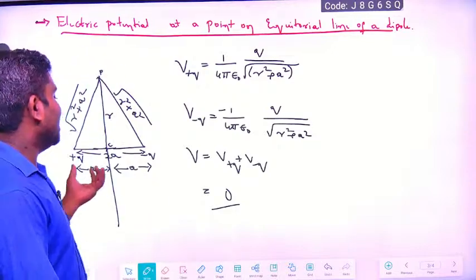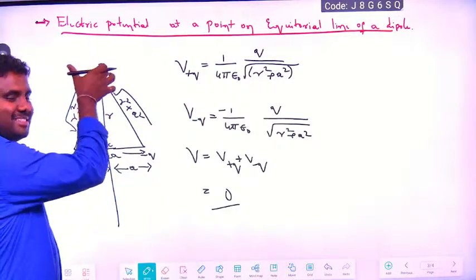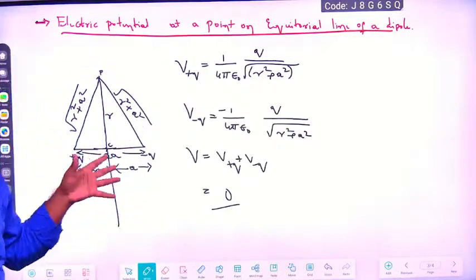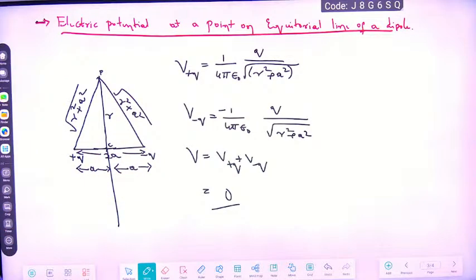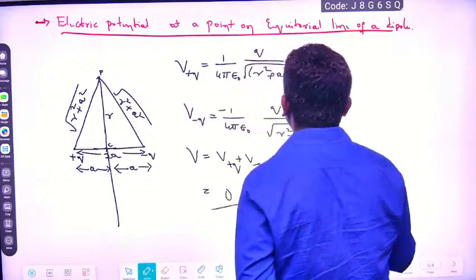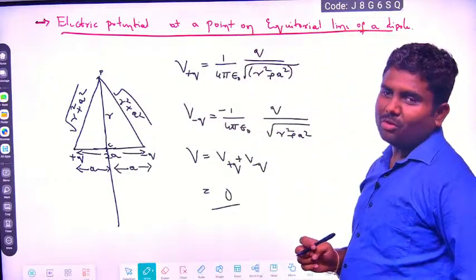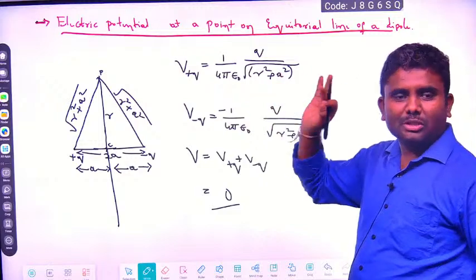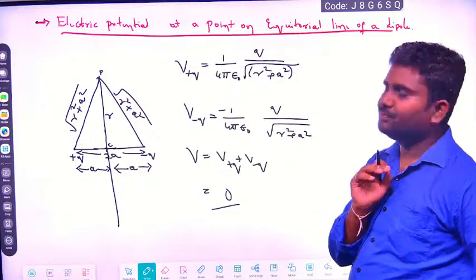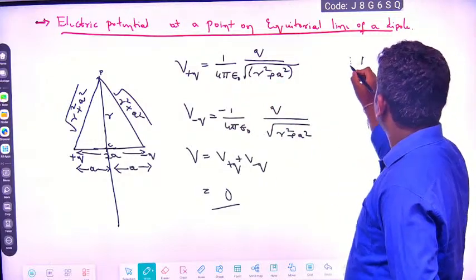Because both due to the positive charge and the negative charge the distance is the same, that's why it is 0. Understood? Okay, please take this. So the electric field at any point on the equatorial line, where the point is equidistant from both the charges, is 0. Please write potential